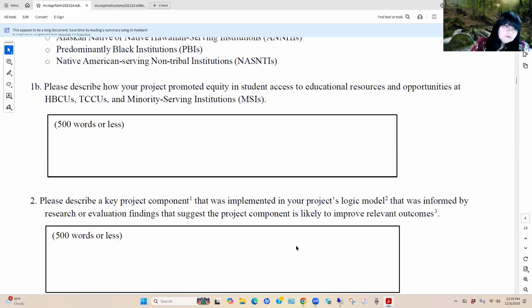So there is really within this particular document the only narrative that you'll provide within the annual performance report, unless there are particular questions. And we'll look at that next within section 2 of the APR. So again, short and sweet. You want to be able to describe those competitive preference priorities. And I don't know, Lisa, given the current environment, you really want to be careful with describing. Lisa, I don't know if you'd like to add recommendations of being careful with what you describe within the competitive preference priorities.